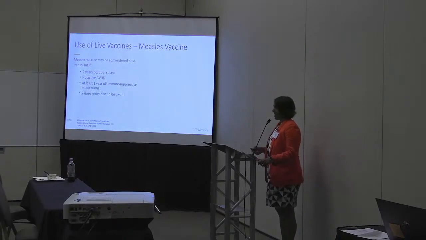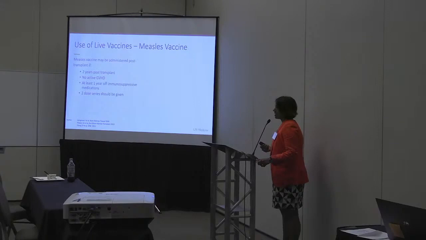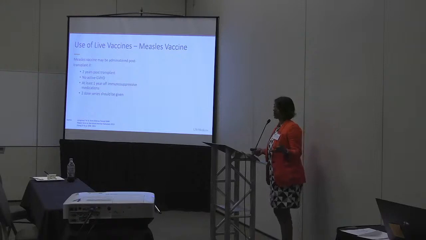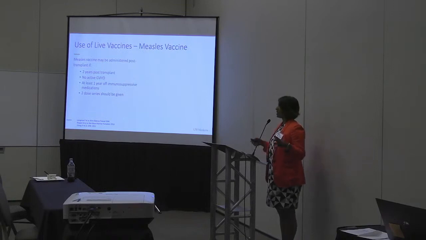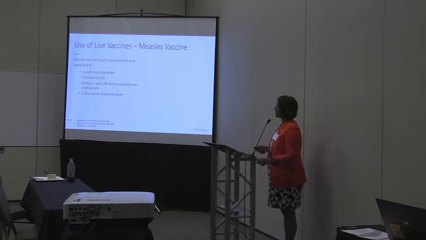What about the use of live vaccines? Measles vaccine is one that we definitely want people to be protected with. We know that there are pockets of communities that are relatively vulnerable to measles outbreaks. We've seen measles outbreaks in a number of places. We saw one in Disneyland in 2015. That spread to hundreds of cases throughout the nation, as that focus was over the holidays in Disneyland and Disney World, and had numerous people attending from different states and then spread. But we've also seen it in immigrant communities in the Midwest. So we know the potential is there for significant outbreaks.